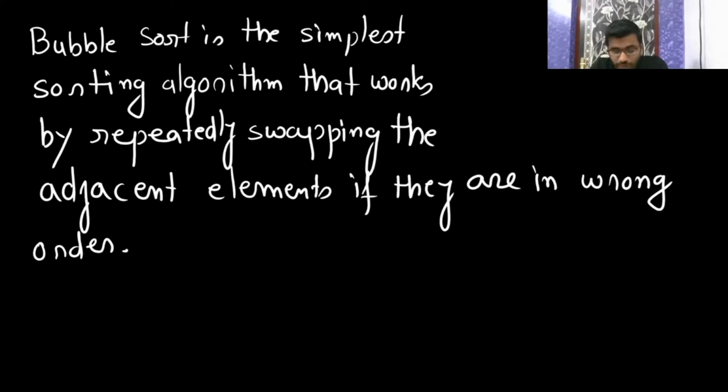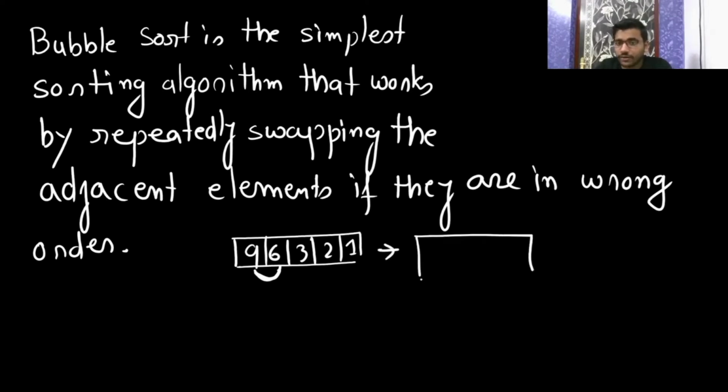Here we are not finding the first max, like in selection sort, where we always find the minimum and then do the swap. But here it is not like that. Here we repeatedly swap within the adjacent elements. Means if you have the elements 9, 6, 3, 2, 1, then 9 is greater, so it will swap between these two. It is not in the correct position. If I am sorting in ascending order, then 6 will come here, then 9, then 9 and 3 will get swapped. Like this it repeatedly swaps.